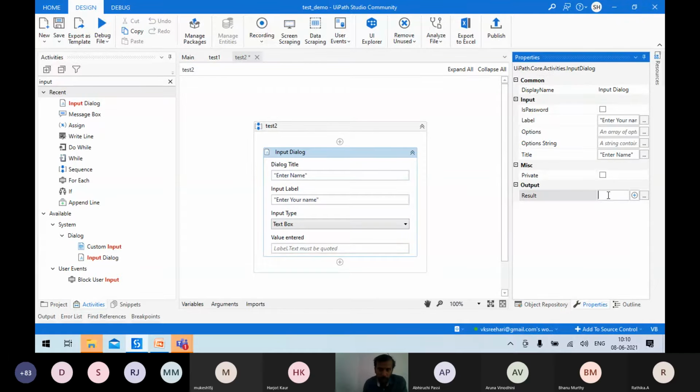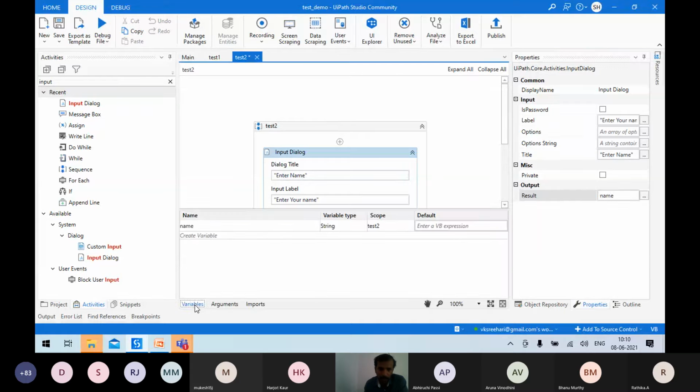Click on that box, right click from there, and you'll see create variable. So just set create variable and type a variable name. For example, I've typed name and you just enter it. Now we have created a variable called name where the content from this field will be stored.